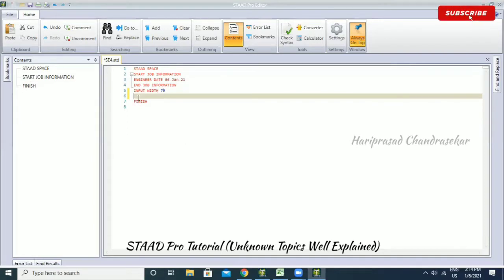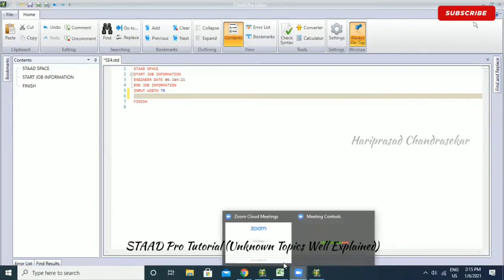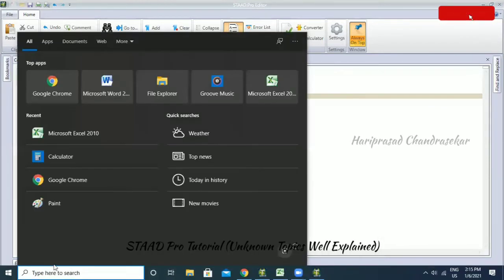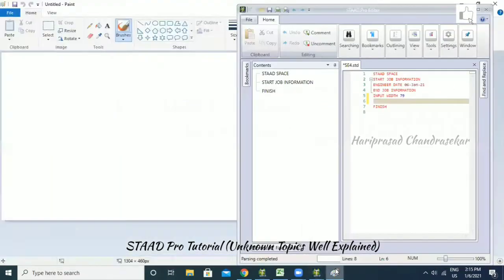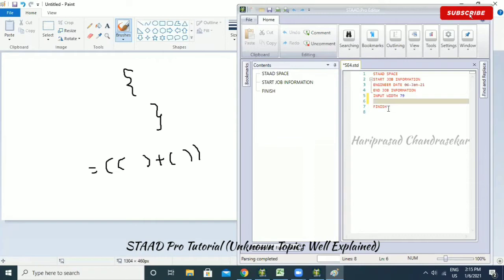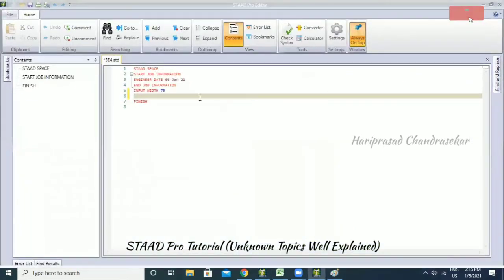Before finish, you need to start writing your commands, and then it will execute. It is something like loops in languages. We will be having loops. For any language, you will have this kind of braces. Do you remember? One is for start and one is for end. Without it, it won't execute. Even in Excel you will have this kind of thing, where you need to close it, otherwise it won't execute the command. So that's why it's finished here. Before finish, you need to write your commands.